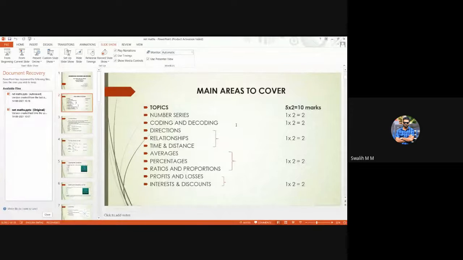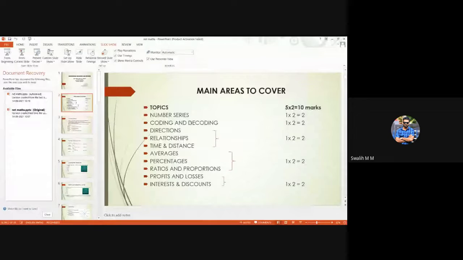Like many of my friends, I had seen them lose out by 1 percentile or 2 percentile for the NET or JRF cutoffs, and most of them do poorly in the general paper. So what I suggest is you focus as much on the general paper as you focus on the subject, especially in these topics that most other commerce students generally find difficult.